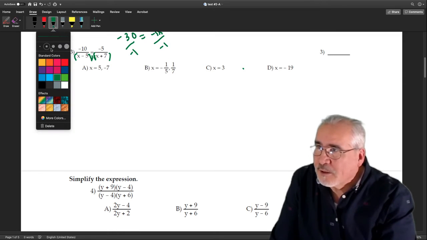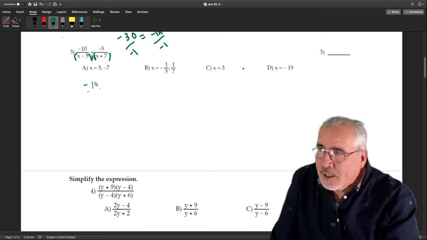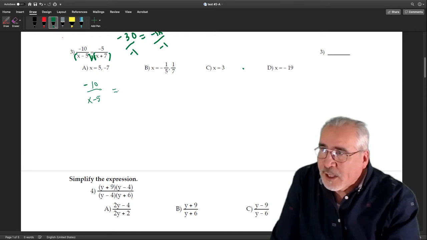Let me make it a little narrower. So we're going to have -10 over x minus 5. And I'm just rewriting the problem right now. -5